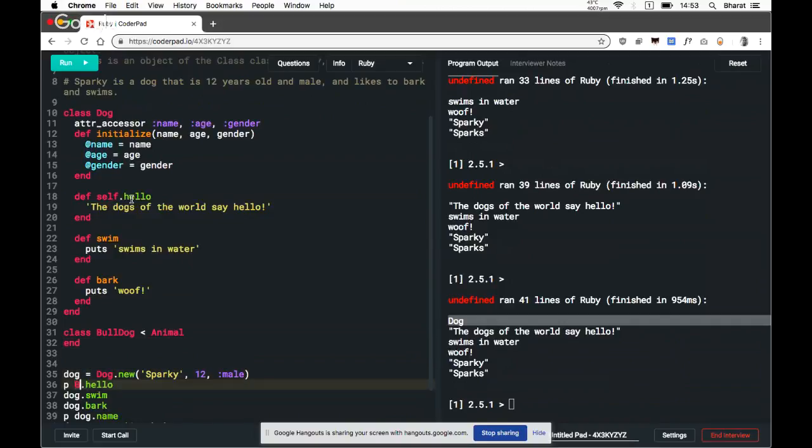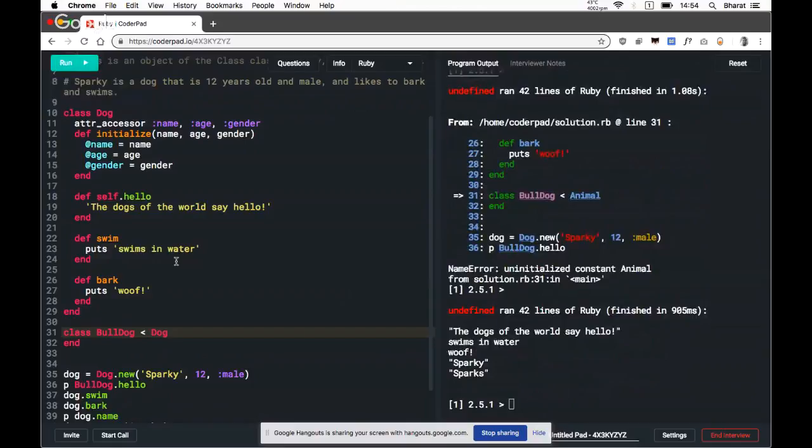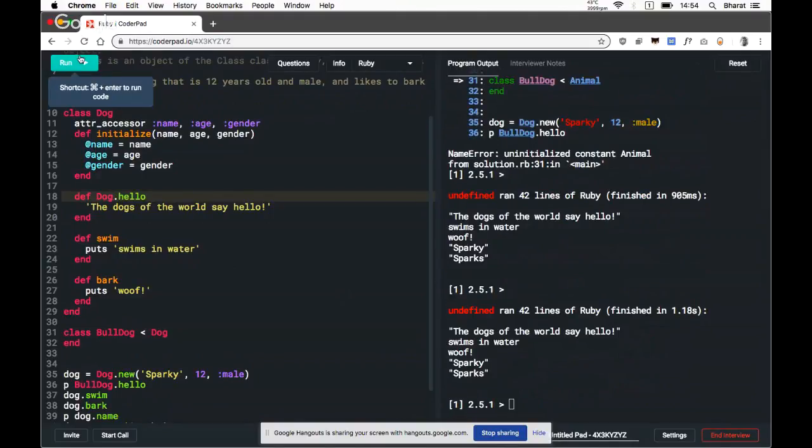Now I think I can do the same thing, and it will work. But if I don't use self here, if I use my dog, then that would have also worked.